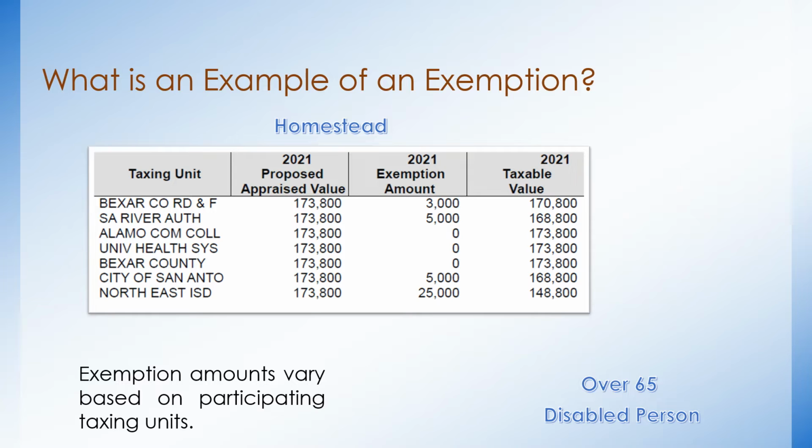The over 65 exemption is another common exemption available. A homeowner may apply for the over 65 exemption immediately upon qualification. Many taxing units exclude a portion of your appraised value from taxation, but most effective is the amount of value excluded by the school district. Amounts range depending on the district you reside in, but the school district will exclude between $10,000 and $25,000 of your